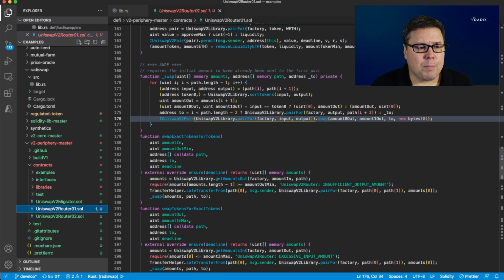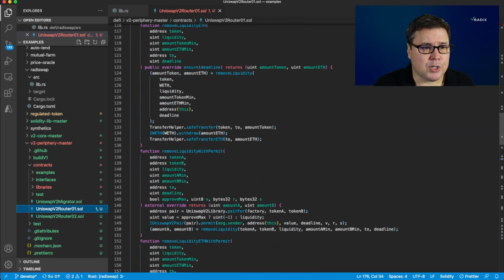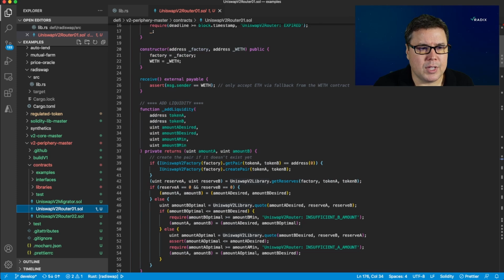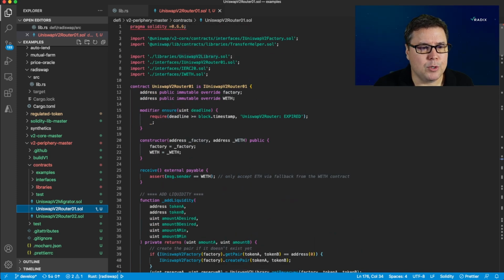I'm going to skip past the part where you do pool creation, because it behaves a little bit differently than how we do it on the Radix side: you have a contract that is a factory contract that creates the correct pair for you, and it functions similarly to how the blueprint performs that function on the Radix side, where you just specify the parameters you want, and the blueprint then instantiates a component from it. And I'd actually like to jump straight into the meat of how we would do a swap